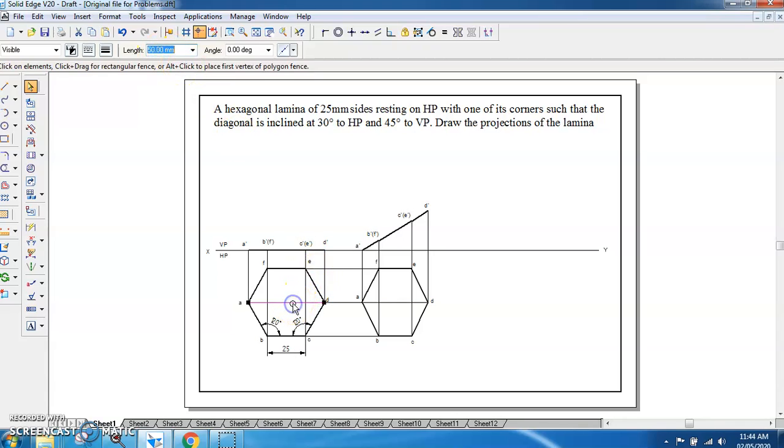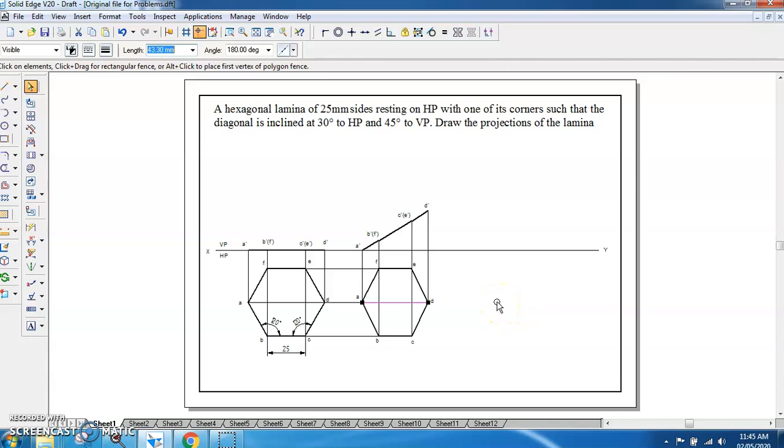So true length of the diagonal is here, apparent length of the diagonal is here, and this figure we have to draw it here. So you have got apparent length but true inclination. This inclined line represents the true inclination. So you cannot have the true inclination for apparent length. That's why you have to take the true inclination first, and you have to draw the true length of the diagonal, and then you have to take the apparent length, cut the arc, and get the apparent inclination.